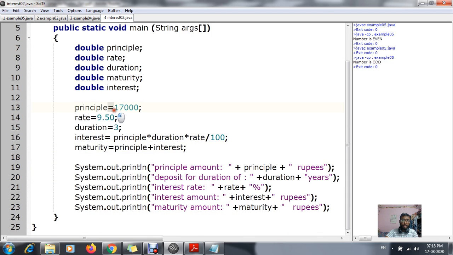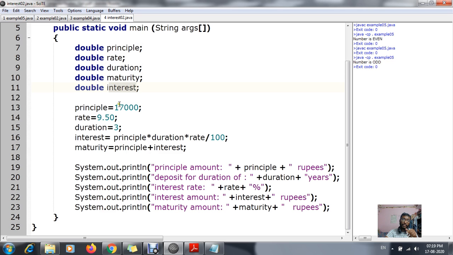We can use this equal to as an assignment operator. This is another kind of operator which is known as the assignment operator, and this operator means we are assigning something. As I told you, these are your variables: principal, rate, duration, maturity, interest. For each and every variable we have to assign some values.